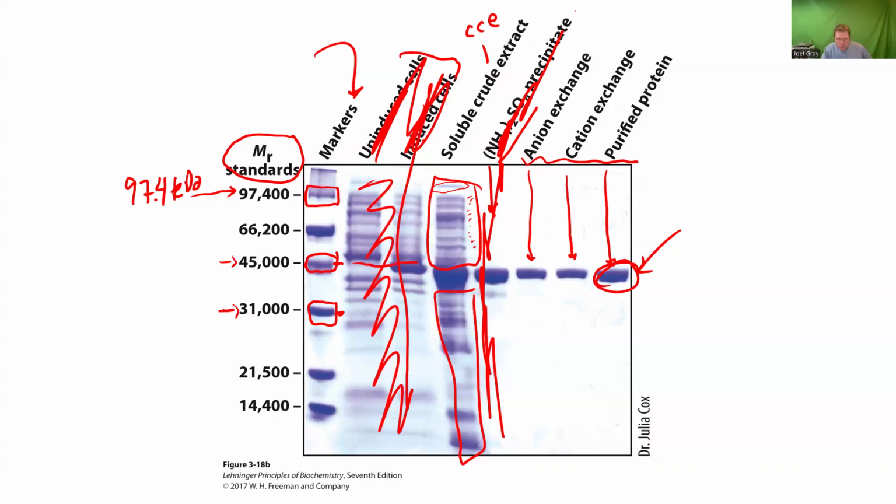So if this is 45 right about here, this is 31, I would call my protein maybe about 40 kilodaltons. Give me a 1 in the chat if you see that, if you follow that approximation. Okay. Now, one important thing to know about gel electrophoresis